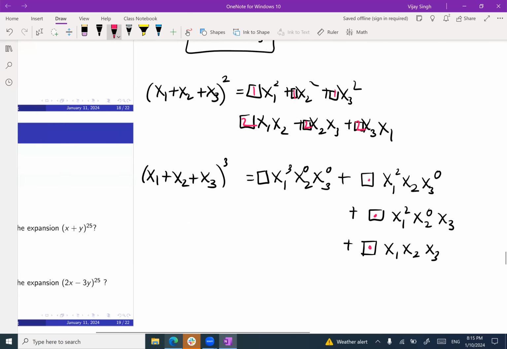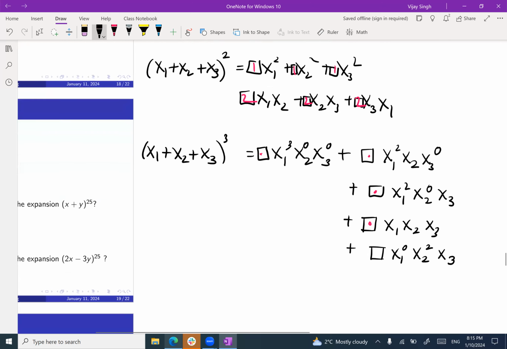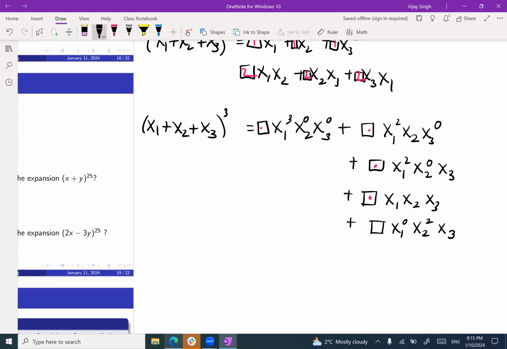But in this case, what is the number here in front? What is the number here? Then we have another expansion. Say, next expansion will be what? Let's take x1 to the power 0. Then we have x2 to the power 2, x3. And then we have plus